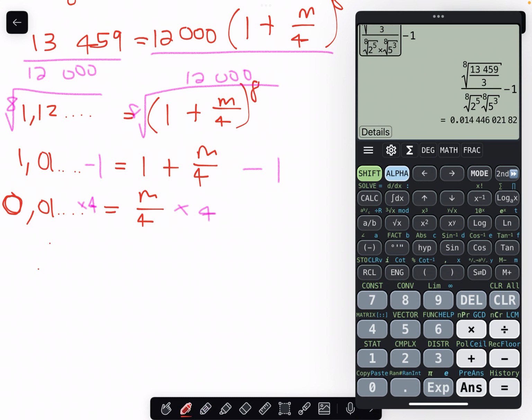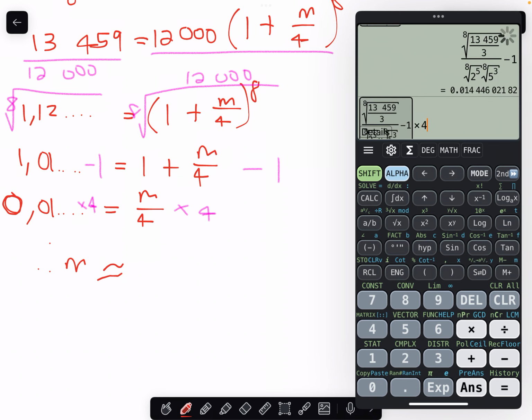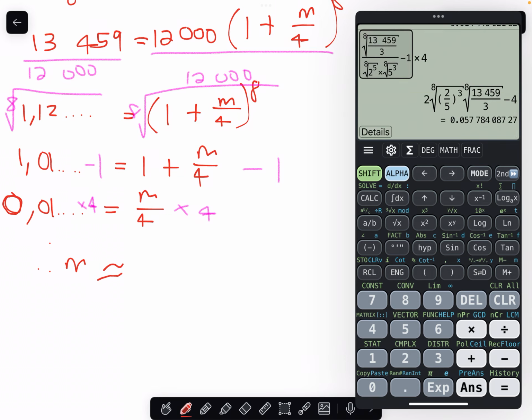And we therefore get that m, let's do it to 2 decimal places, is going to be, well, okay, let me do it to 3 decimal places, and I'll explain shortly why. Well, no, not 3 decimal places, 4 decimal places. 0.0578. The reason why I want 4 decimal places is so that when I rewrite it as a percentage, I have 2 decimal places behind the comma. So m is about